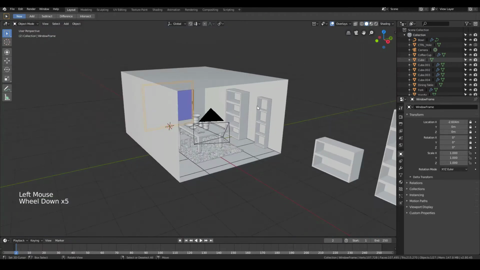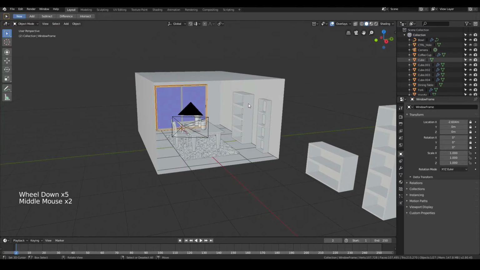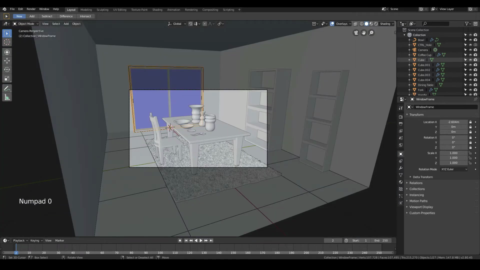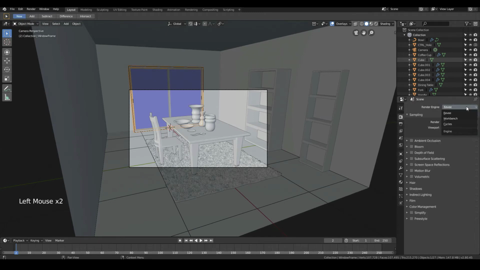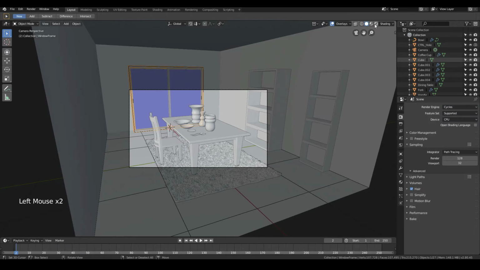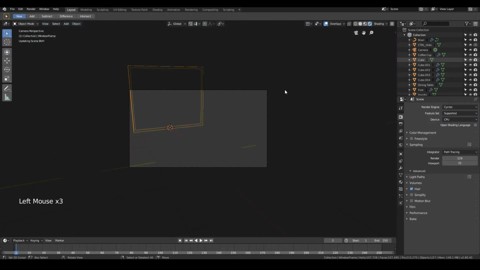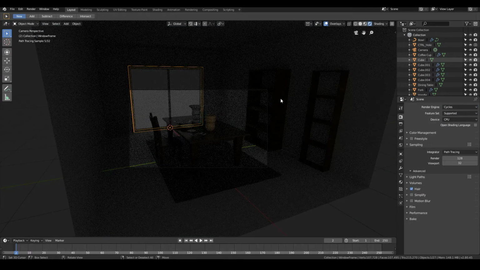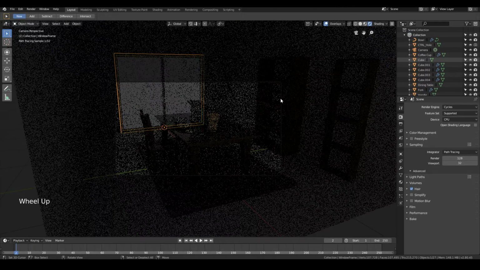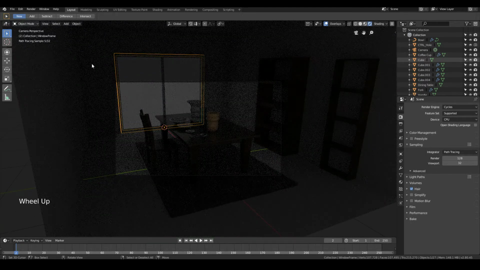And next thing we're going to do is, well, let's first off do a quick test render. So I'm going to go ahead and save, and I'm going to be using the Cycles rendering engine. So go to the render tab over here, change from Eevee to Cycles. Let's have a look at what that looks like when rendered. We don't see anything at all, and that's because our world is quite, well, dark. There's no light in our scene, so we need to add in a light source. So I'm going to go ahead and pause,